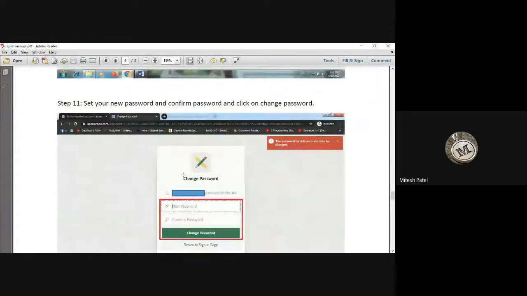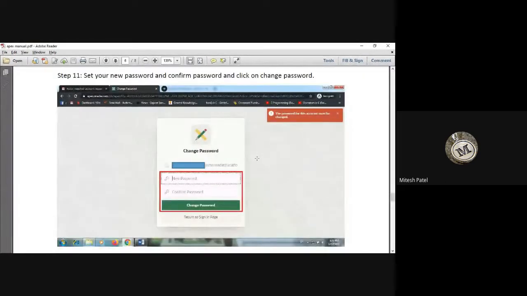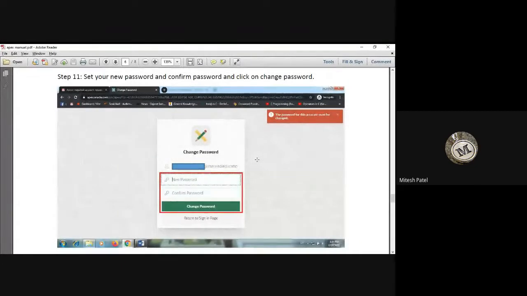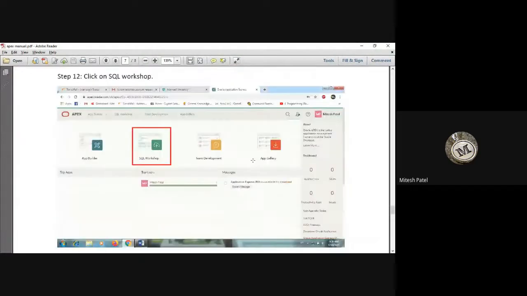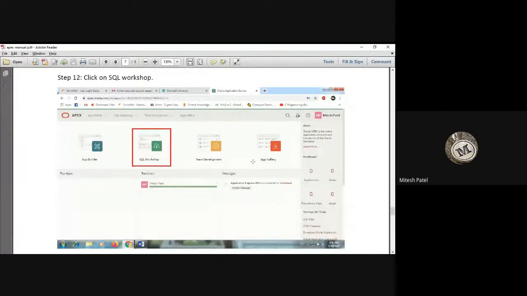Then after, it will ask you to change your password. Change your password to one which you can remember. After changing the password, you will receive this type of screen. Reach step number 12 and then wait.